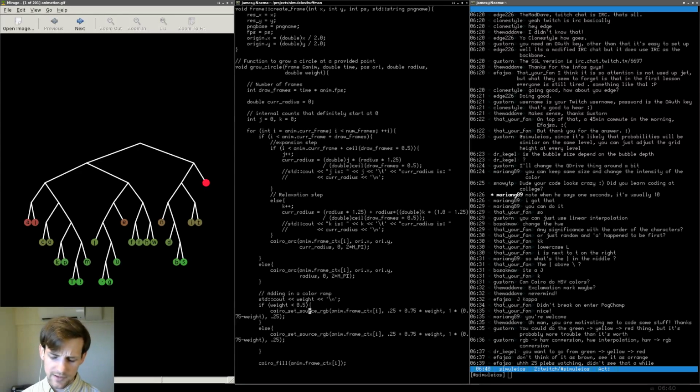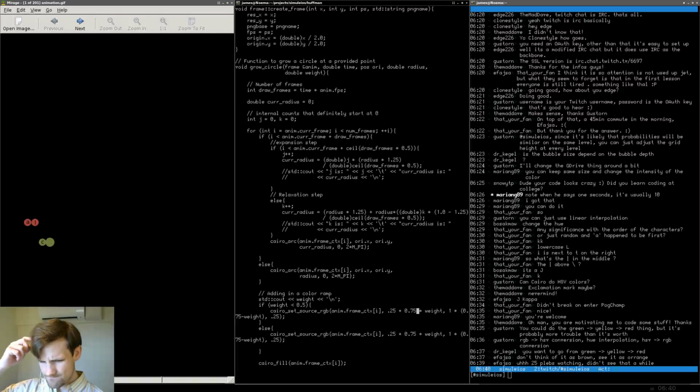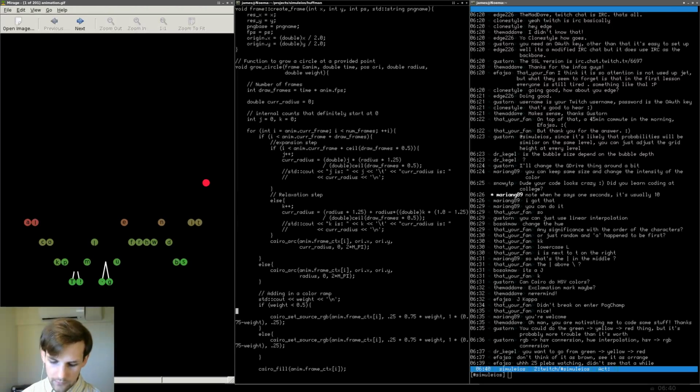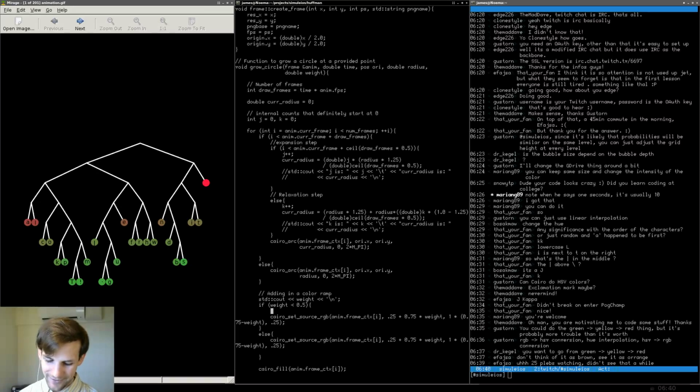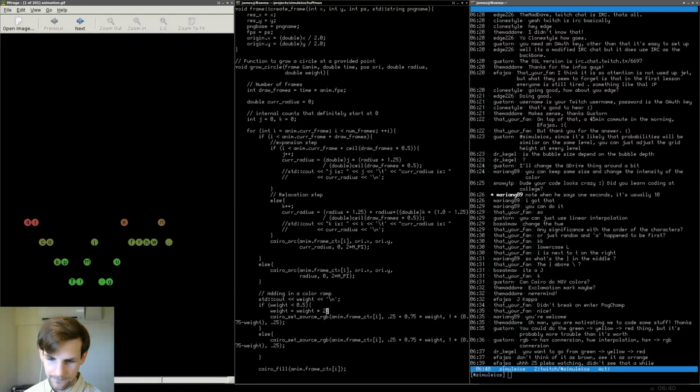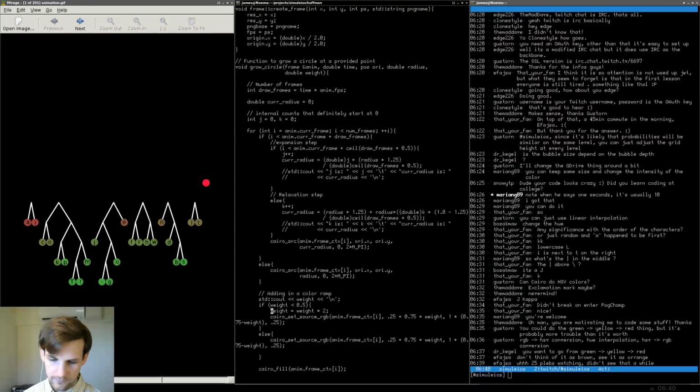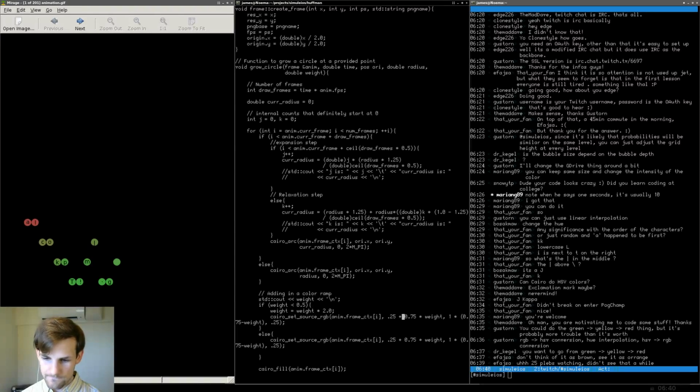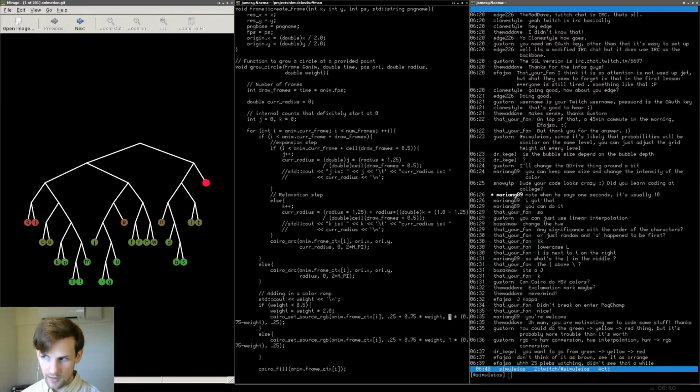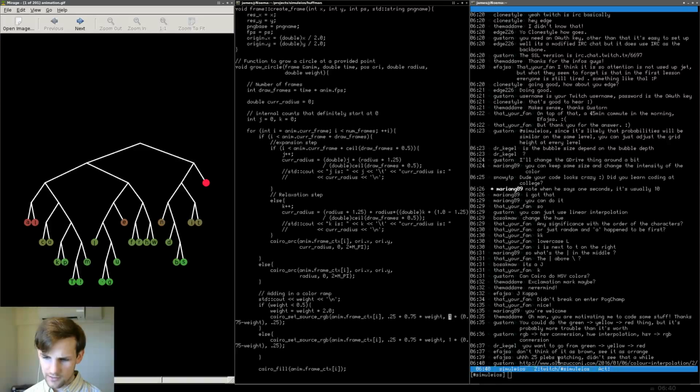So Cairo set source RGB. This one's going to be going from green to yellow. So this is what we're going to do. I'm sorry guys, weight is going to be equal to weight times 2.0. Then we're going to go down here and say the following. So we want it from green to yellow. So let's see, we're starting with green, and then yellow. What is yellow? Yellow is a combination of